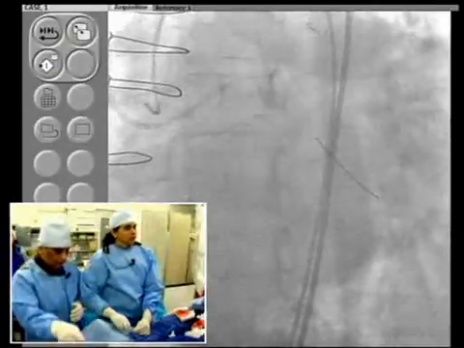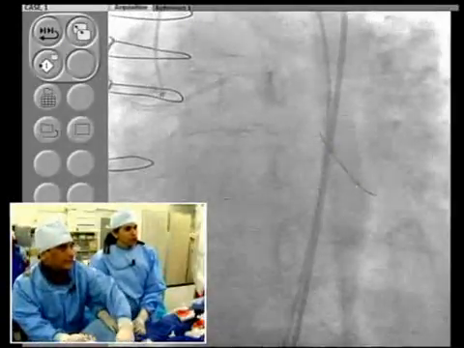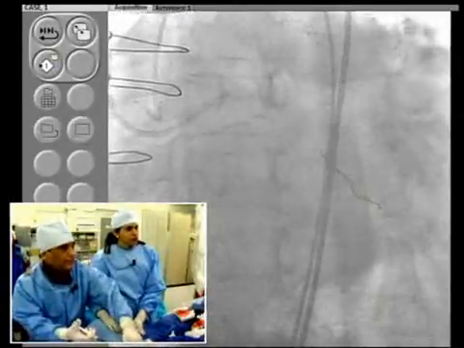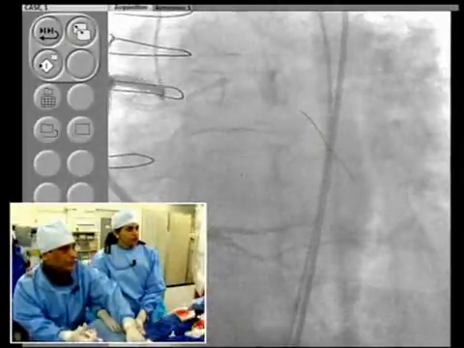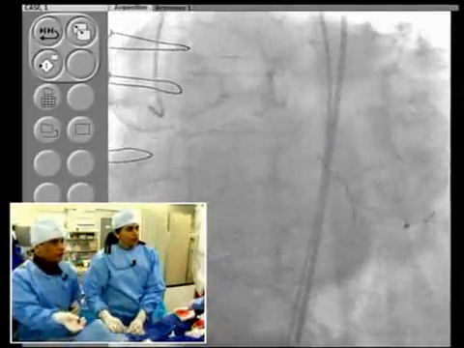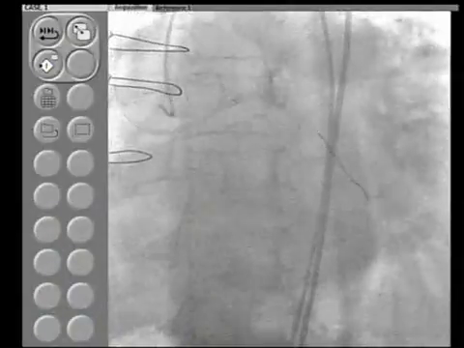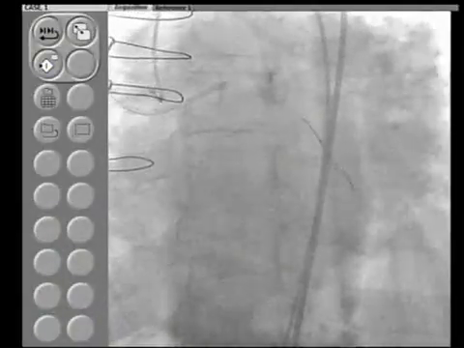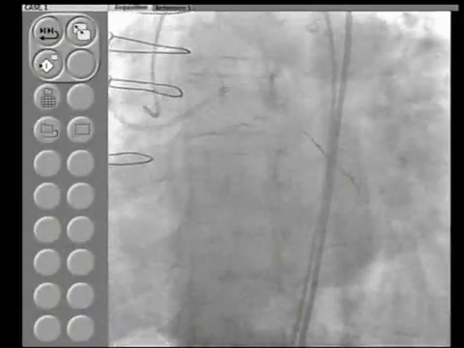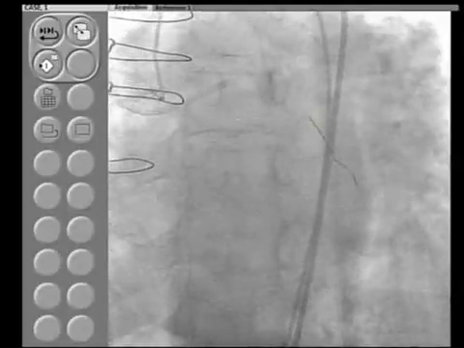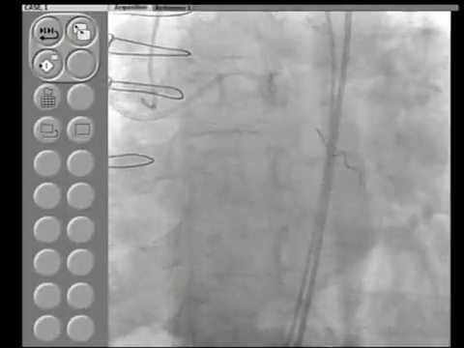But now, based on the available data, it seems that as long as you are not using the Omnipaque, it's perfectly fine to use other low osmolar agents, whether it's Optiray, IsoView, and so on. So that's what we use. We do not use the